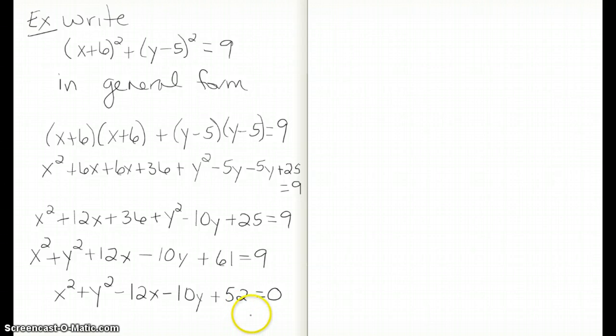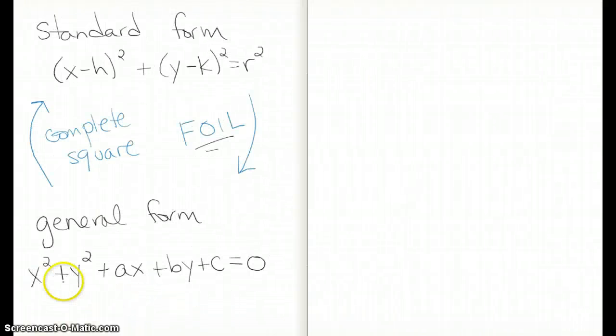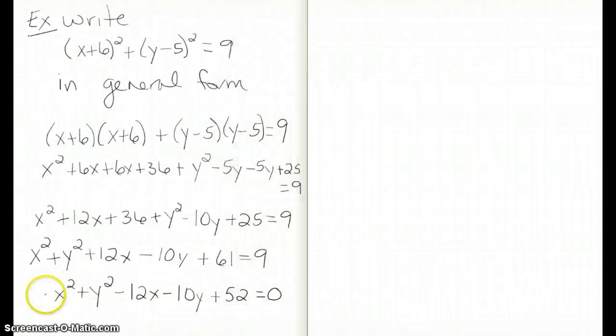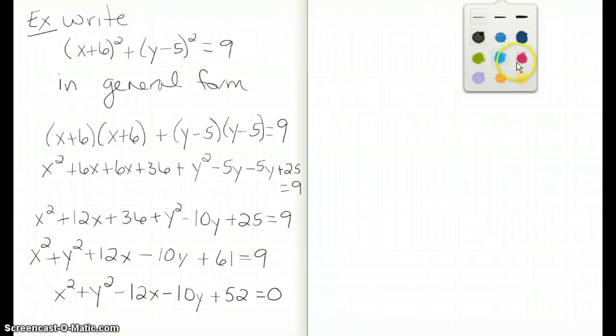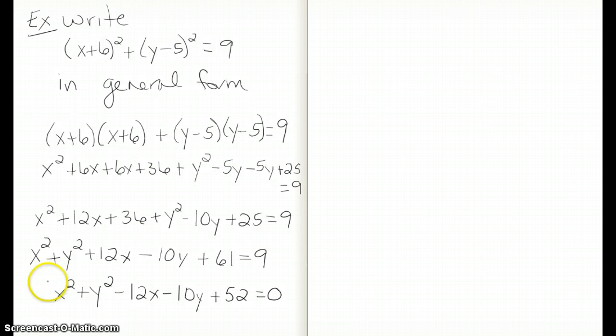Yes? Great. Now we are in the general form, right? If we go back one page, let's see: all the squared stuff, x stuff, y stuff, constant equals 0. Okay, now let's see if we've got it right. Let's just make sure: x squared, y stuff, y stuff, constant equals 0. Good, we are done. So let's go ahead and box that answer just for fun because we can and because